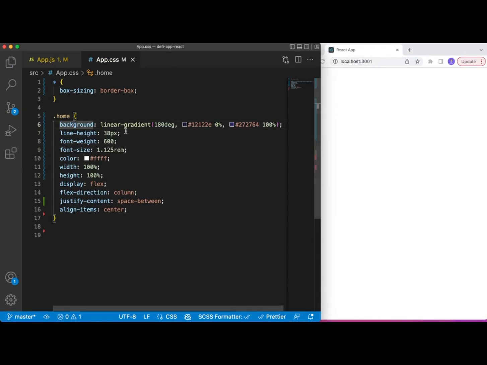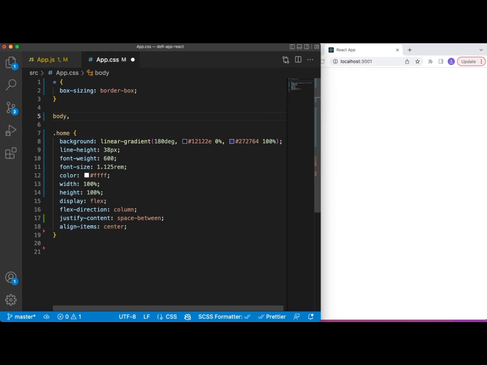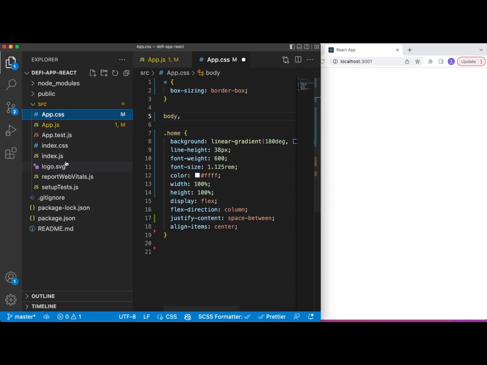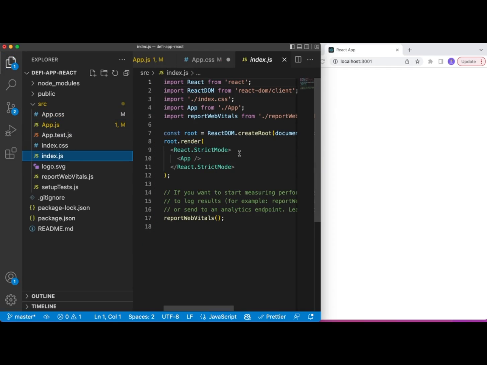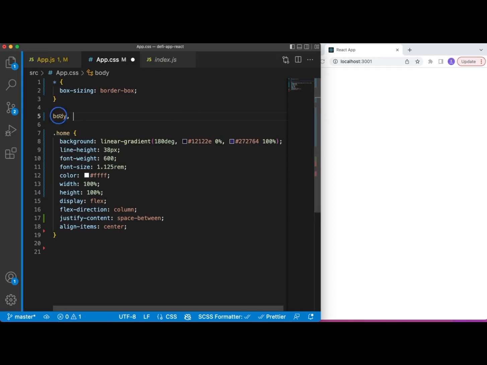Even after setting the background and width and the height, it still shows up as white because the parent container of home is actually body, which is the same in every website regardless of whether it's React or not. And then React, in index.js, also adds another container which has an ID of root. So let's target both of them and set their width and height also to 100%